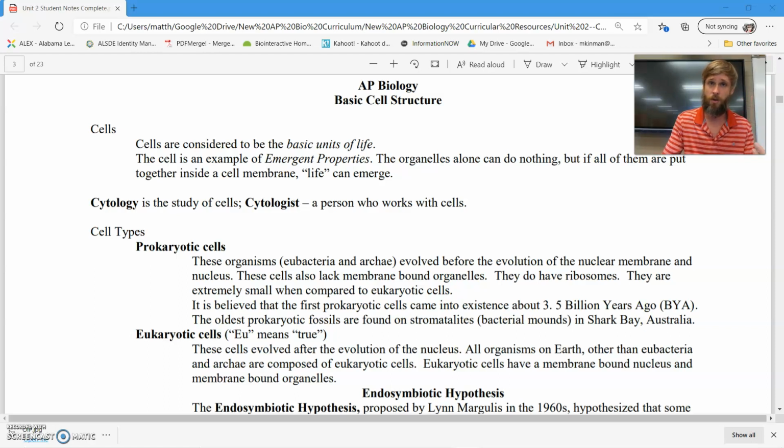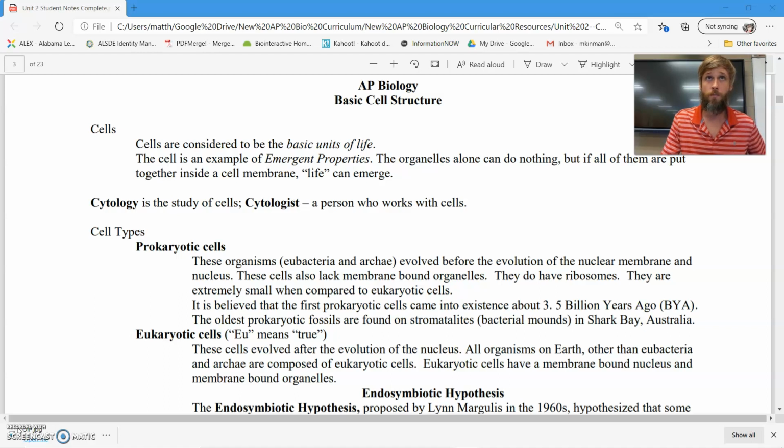Now, that said, there are two different types of cells. We have prokaryotic cells and we have eukaryotic cells. Go ahead and ask the question, which one am I? Eukaryotic. You are eukaryotic. Now the prefix eu, E-U, doesn't really mean that you. It means another you. So it's not you, it's you as in true.